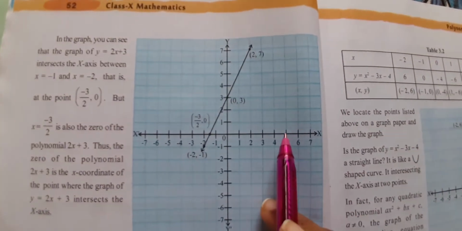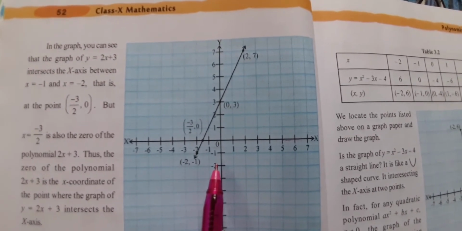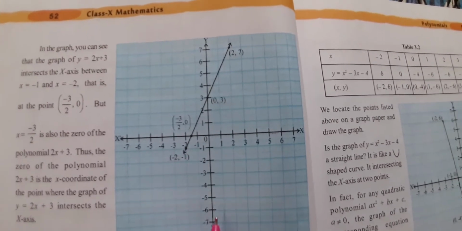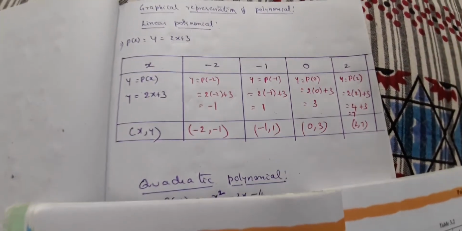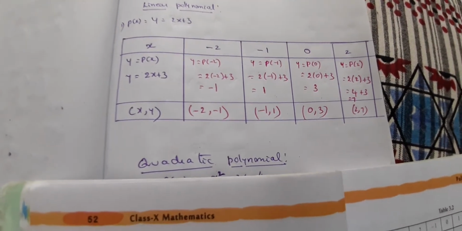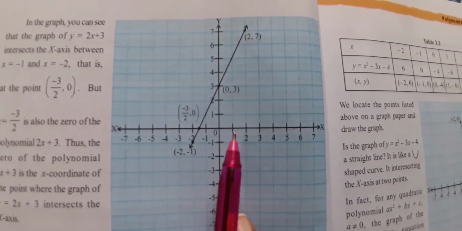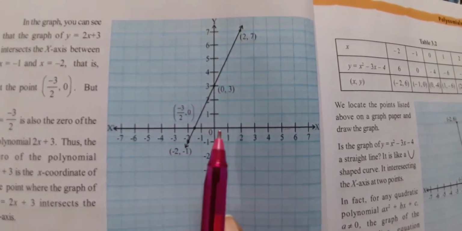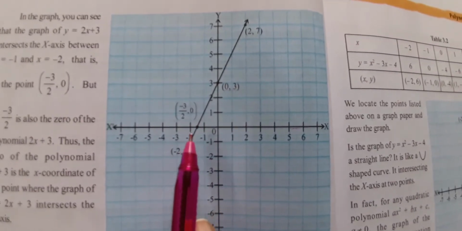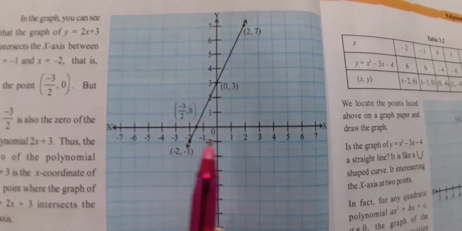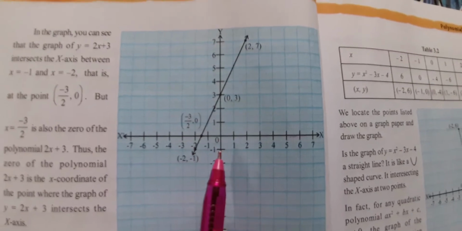Taking x-axis and y-axis, we also have negative values in what we have determined, therefore negative x-axis and negative y-axis. The first coordinate we got is minus 2 comma minus 1. So now let us locate minus 2 comma minus 1. Here we have taken an equal scale, 1, 2, 3, 4, that means each unit is 1 unit. So x value is minus 2 and y value is minus 1.